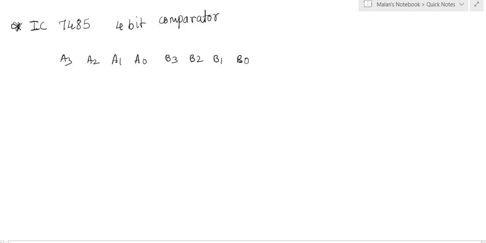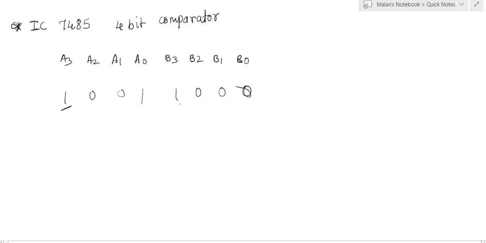Okay. For a 4-bit comparison operation, variable A and variable B are 4-bit in size. So variable A will be A0, A1, A2 and A3, and variable B will be B0, B1, B2 and B3. Now suppose the input A is given as 1 0 0 1 and B is given as the input 1 0 0 0. Now how is the comparison going to be performed by the 4-bit comparator?